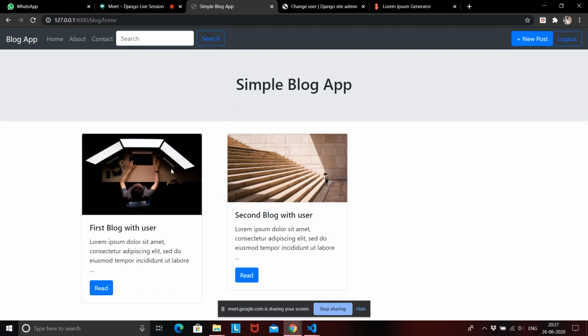Also, we have created the user, so that when we click on this blog, we should know who created this blog for us. So the additional things that we can do are shortening the body into a snippet, and attaching a user with each and every blog. Okay, so now let's handle this read button.